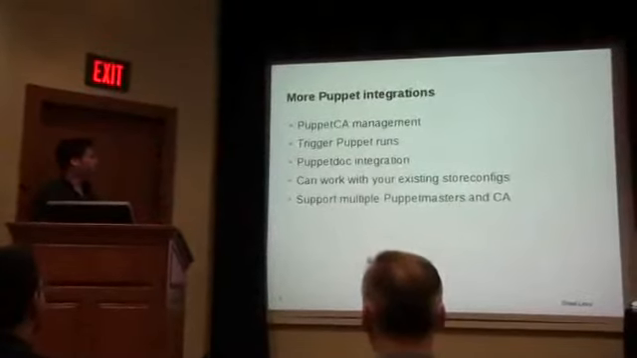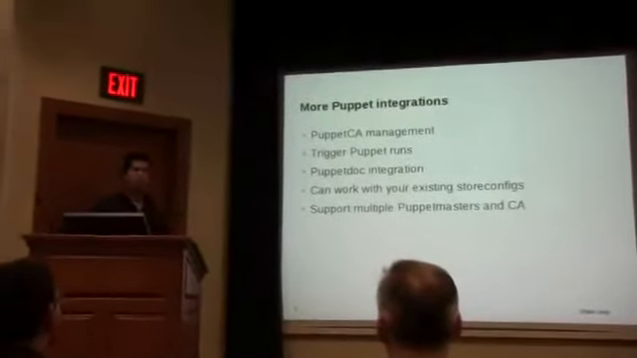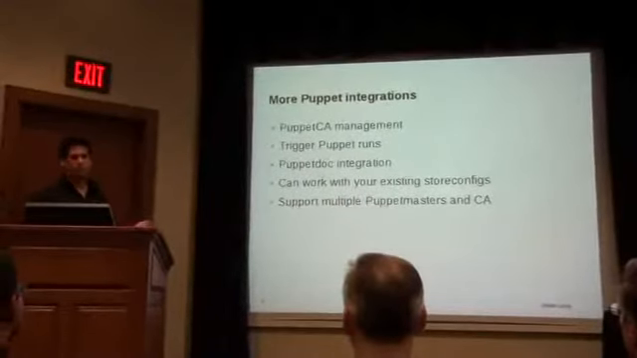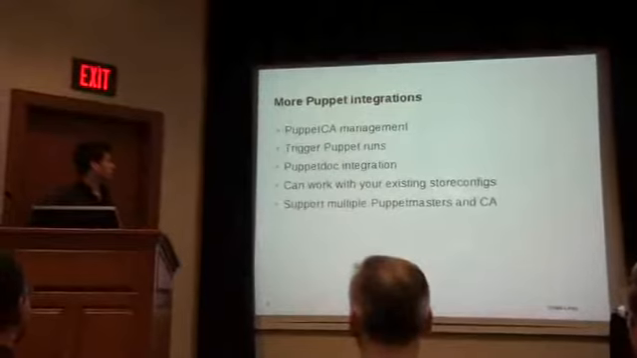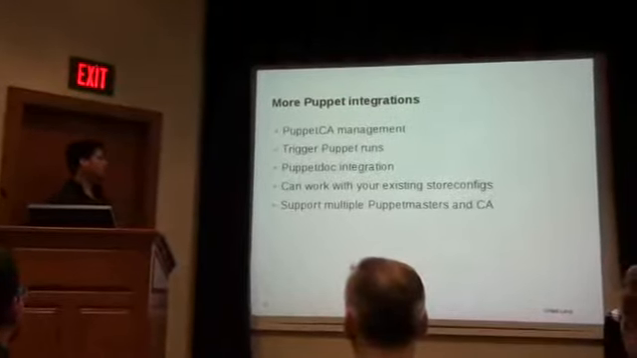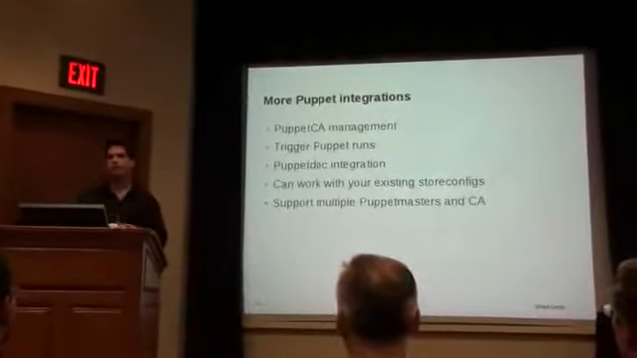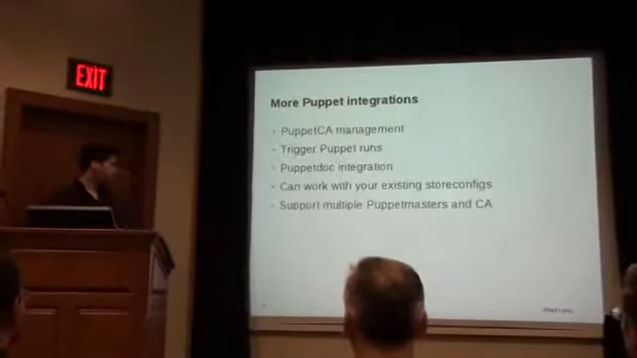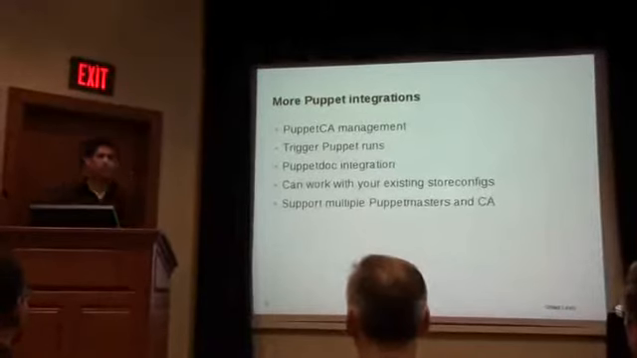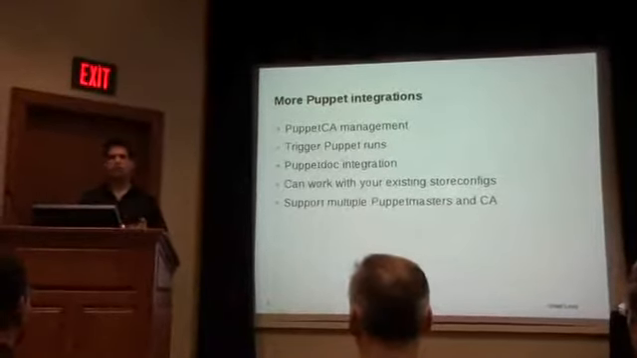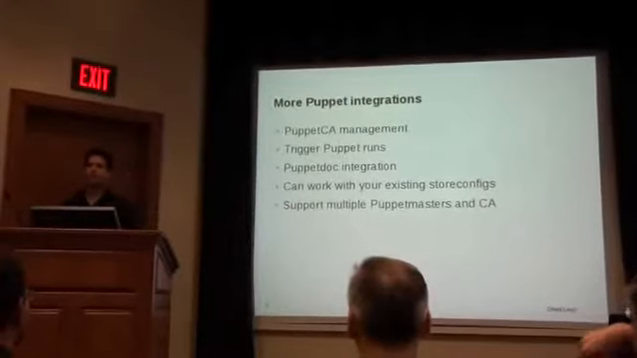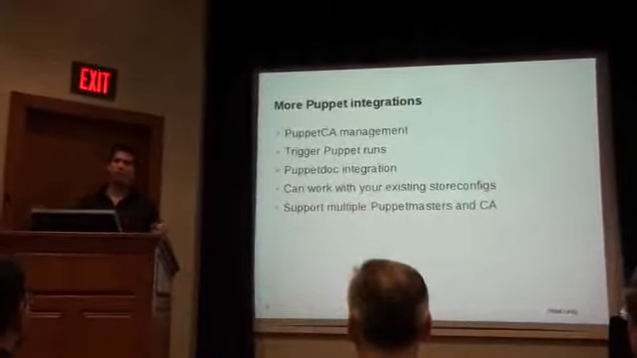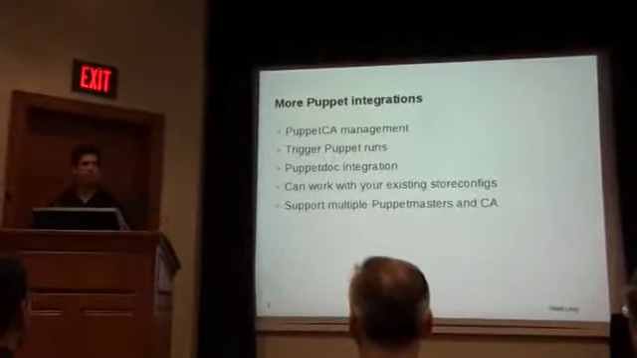We have a very nice integration with Puppet doc, so whenever you want, you can see within Foreman, when you look at a Puppet class, its documentation. We do work with store configs, even though I probably won't recommend it these days because Puppet Labs is trying to get rid of store configs. And we do support multiple Puppet masters and multiple Puppet CAs, so allowing you to handle a fairly large setup where you might have a centralized CA and many Puppet masters,